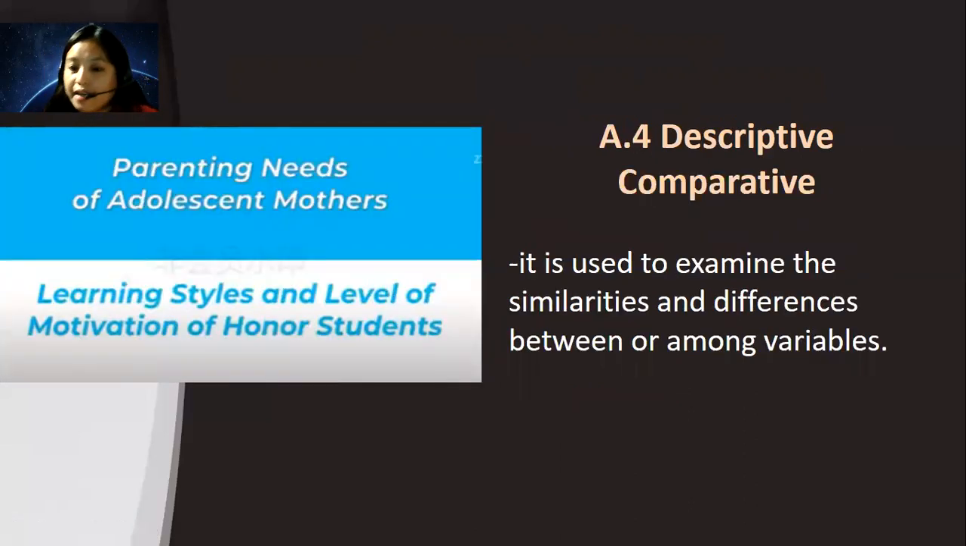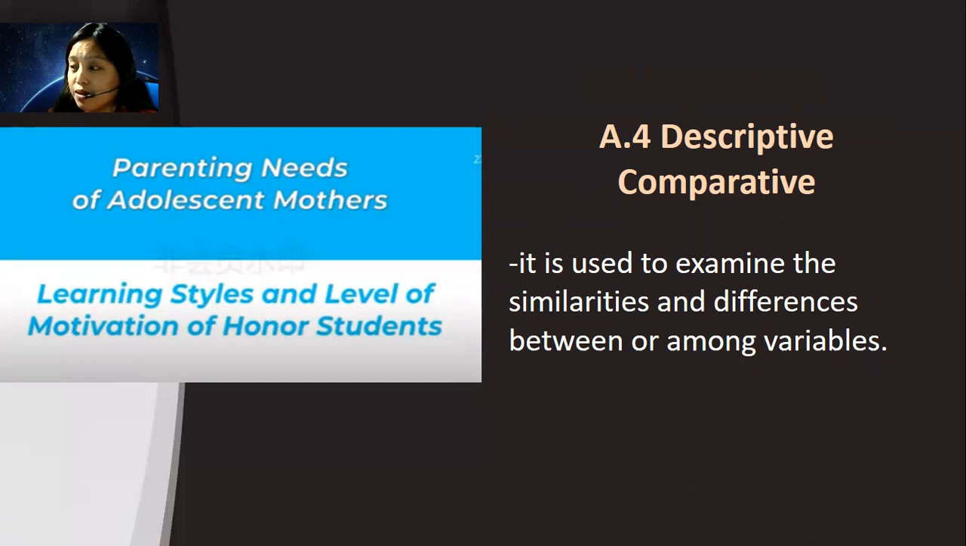And lastly, the descriptive comparative. This is used to examine the similarities and differences between or among variables. And the example, the title that I found is parenting needs of adolescent mothers. Since it is descriptive comparative, they look for the cause or maybe the consequences or the differences among maybe